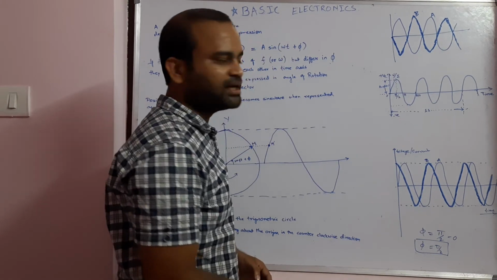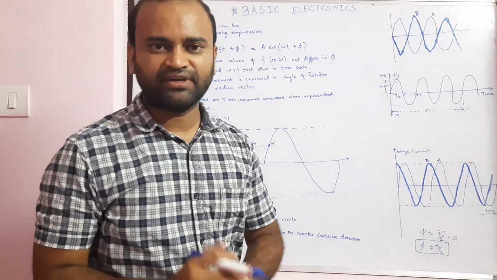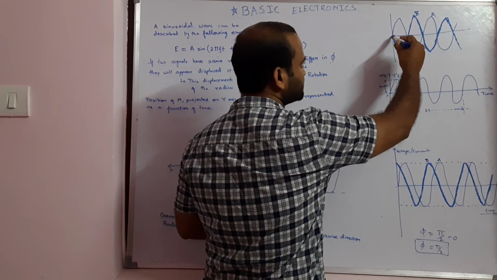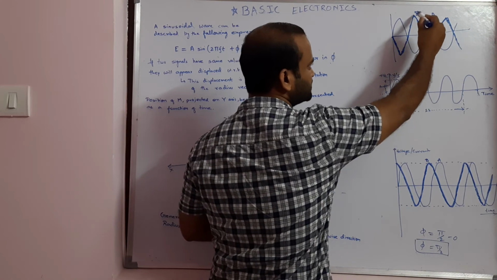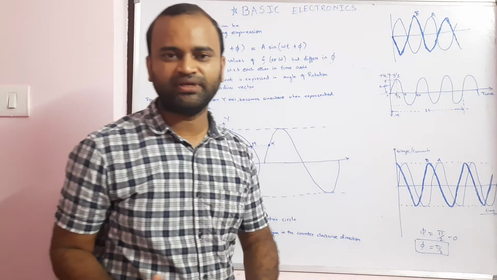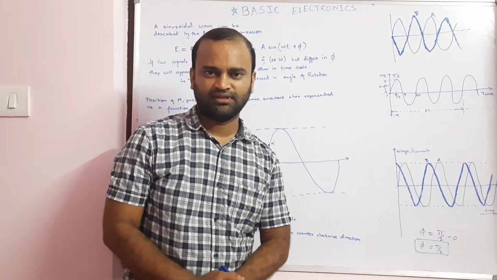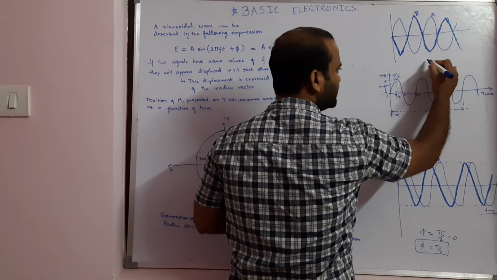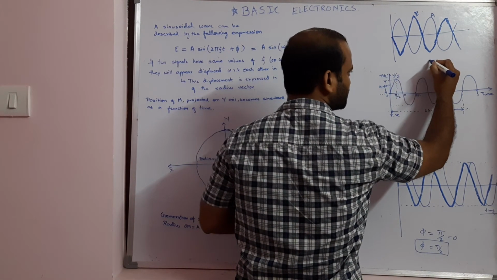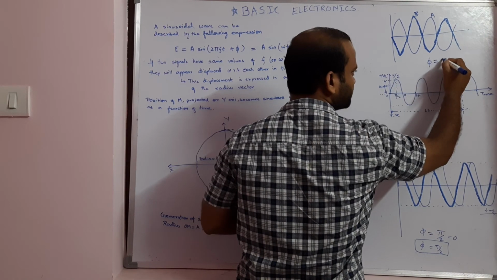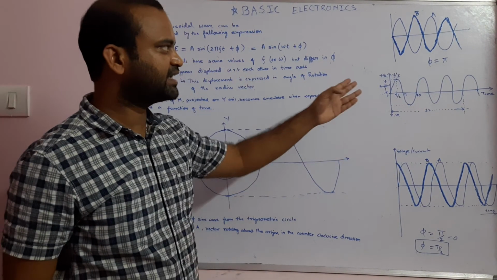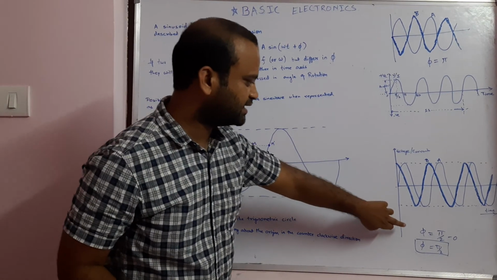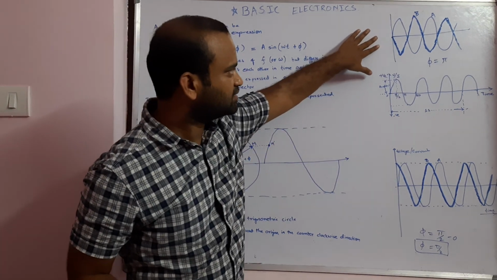So for example, if the phase angle difference between signal A and B is 180 degrees, then signal A is this one and signal B is this one. So both the signals are said to be out of phase. So this is how the phase difference would be. Phi is pi. So the phase angle or the phase difference between the two signals is pi. So for this, the phase angle is pi by 2, and for this signal the phase angle is